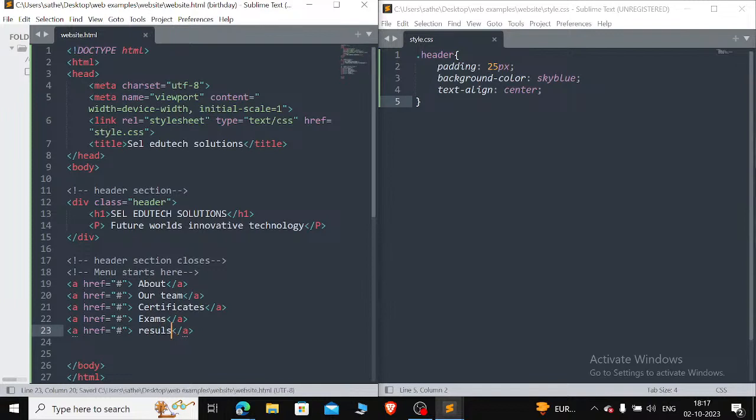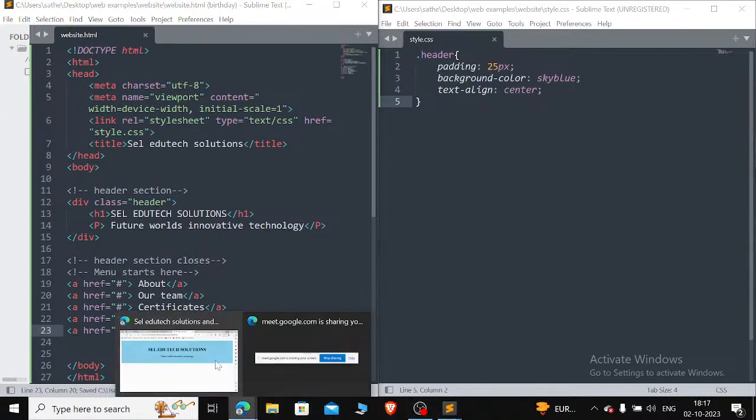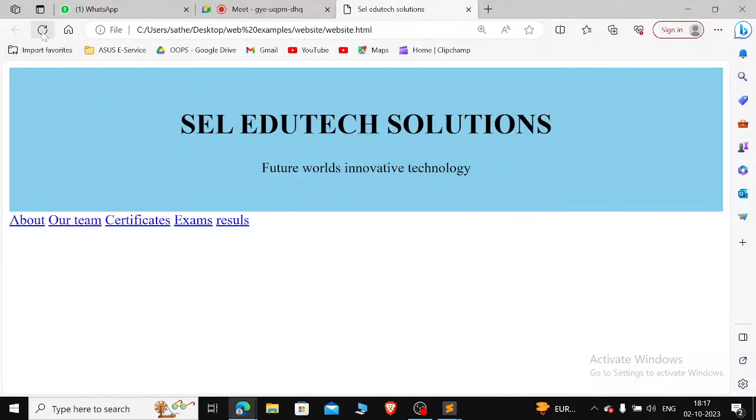Yeah, we'll save this once and we'll see the output, guys. See here, everything came like this,